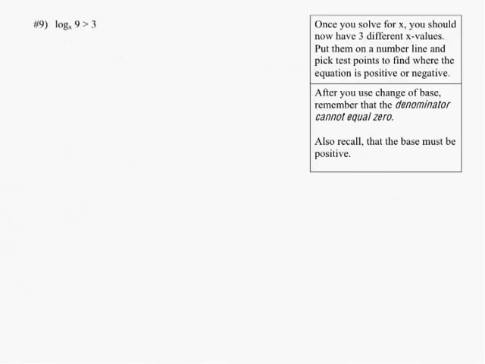Number 9, this one is a little bit crazy, just a little bit. If you would use the change of base rule, get common log of 9 divided by common log of x is greater than 3. If you were to then multiply both sides by log of x, which I would assume would be your first natural instinct, which would be a great thing to do, and then divide both sides by 3, because you're trying to get x by itself,